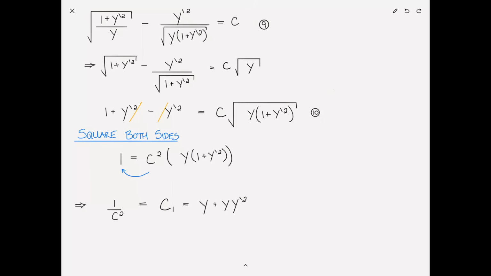I can rewrite this in terms of y prime, which is of course just dy/dx, and that's equal to the square root of c1 minus y divided by y. Just simple algebra, and that is equation 11. Next, we'd like to take everything with an x to one side and everything with a y to the other side. So that gives us dx is equal to root y divided by c1 minus y, dy.